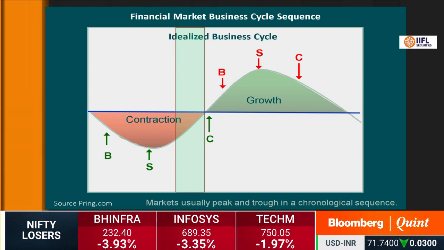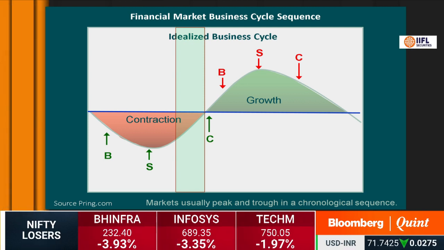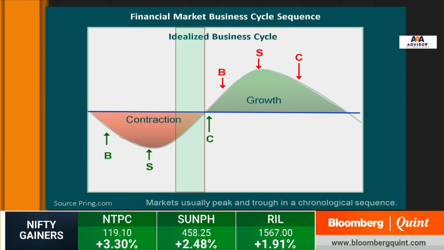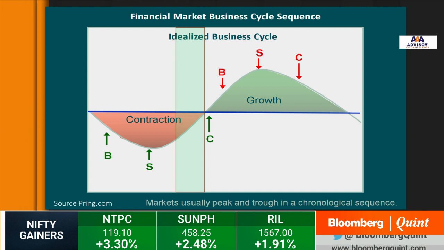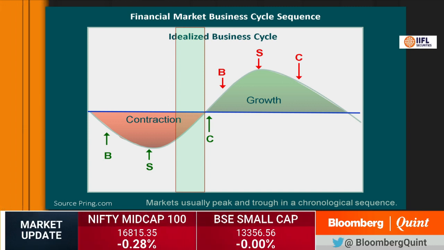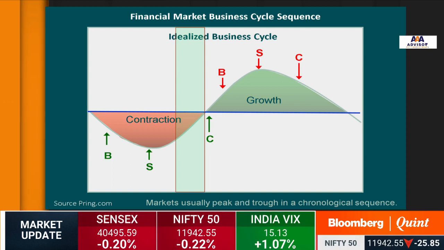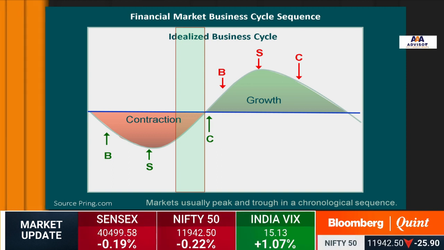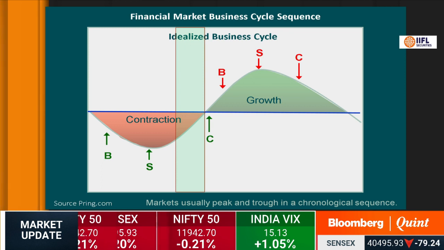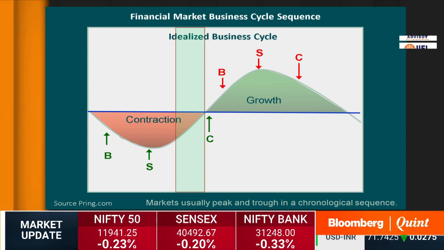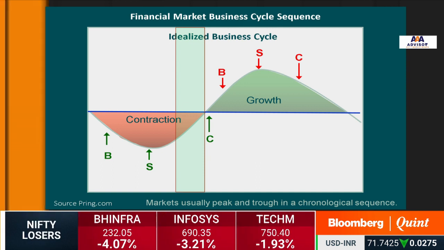Okay. So here's the diagram, and it's basically showing you a theoretical business cycle with a contraction on the left and a recovery on the right. First thing to happen is that bonds bottom out as the Federal Reserve or the central bank, whatever it is, starts to ease up and pump liquidity into the system. So sorry, I just want to, for the clarity of our viewers, just mention this. The B, S, and C is bonds, stocks, and commodities? Yes, thank you. I should have mentioned that.